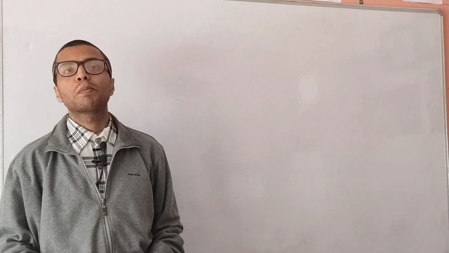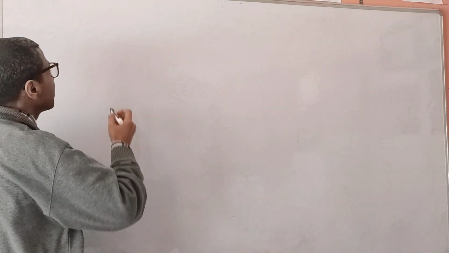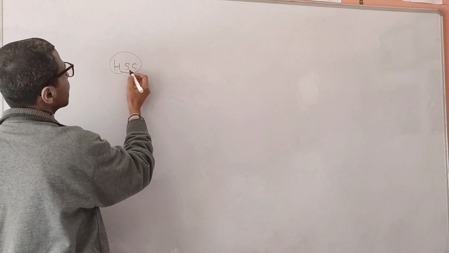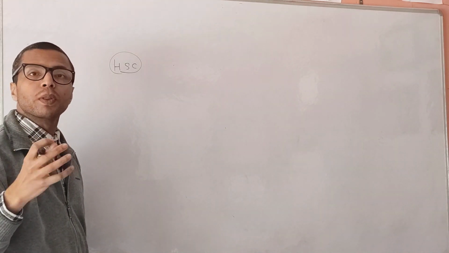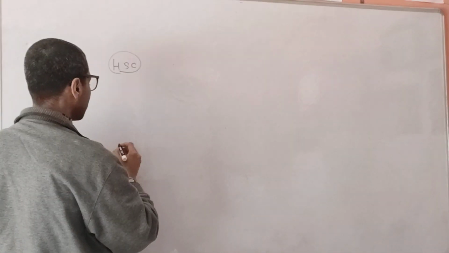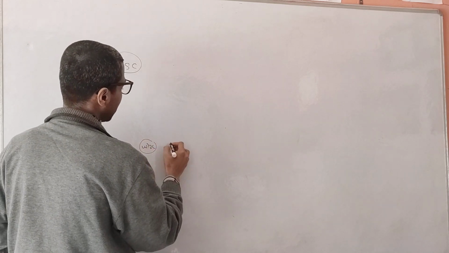Let's talk about what is hematopoietic stem cell transplantation. As the name implies, hematopoietic stem cells. This stem cell has the potential to differentiate into the mature blood cells. So what are the different types of blood cells we have? We have RBC, WBC, platelets,